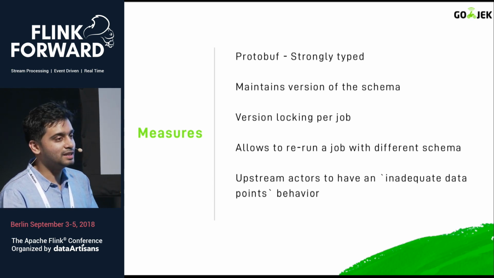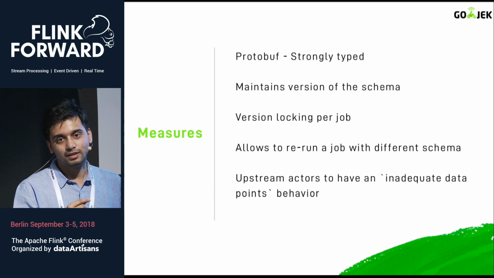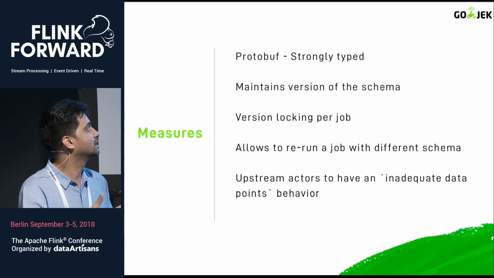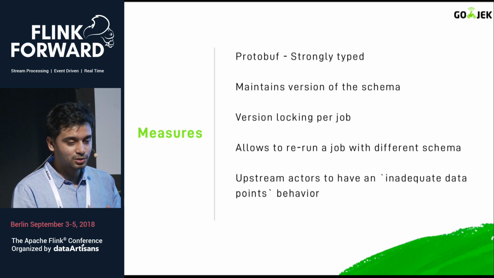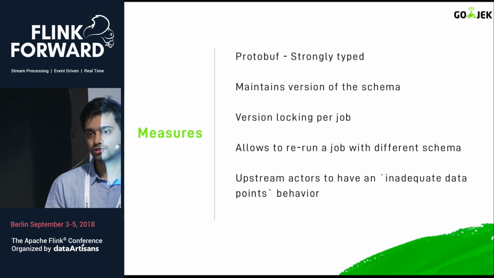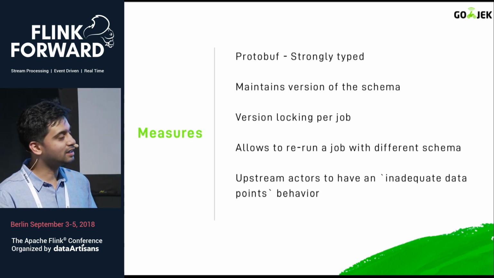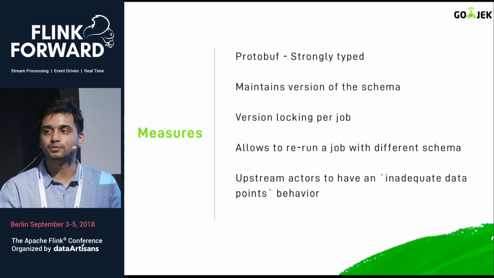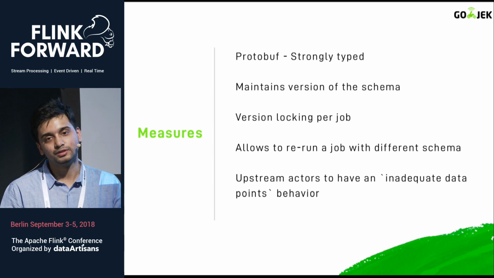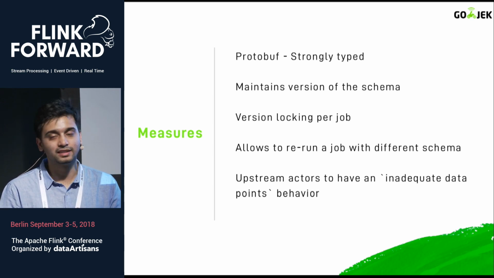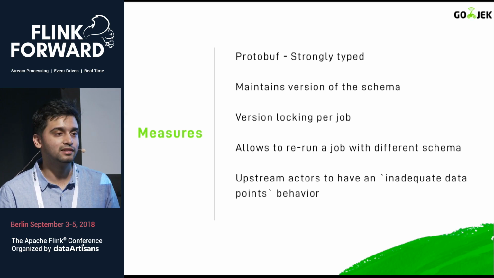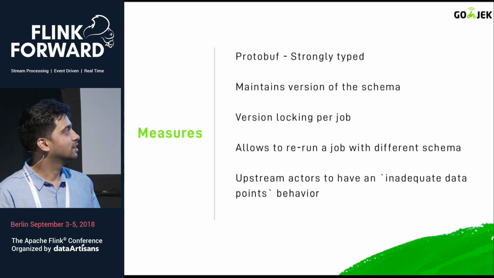Yeah, so the pipeline version creates a version file of all these descriptors. What this allows us to do is, if somebody has made a breaking change in the schema, then we can rerun the job with a previous version. This is very helpful if you realize something is wrong in hindsight, then you can still go back and switch to a different version of the protobuf schema and again rerun things.